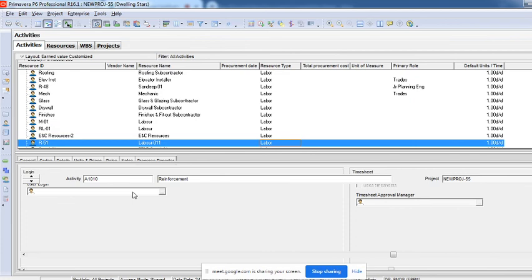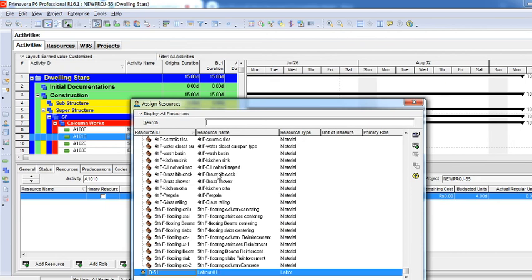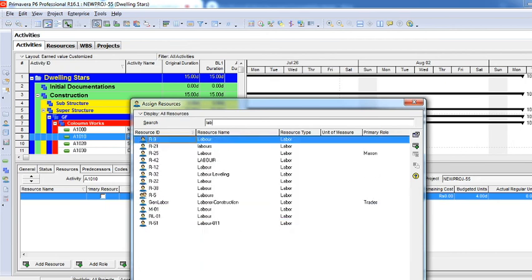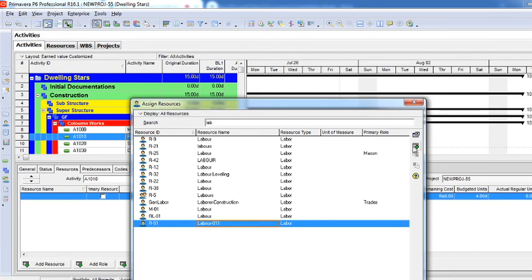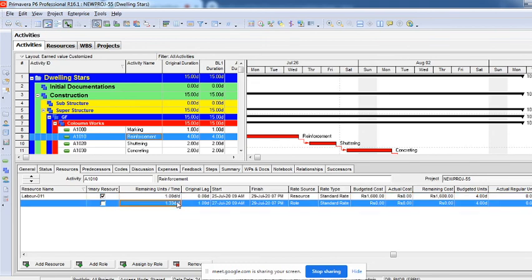Now to assign it to an activity, you just click on an activity, then say add resource. You can come under this, and it's very difficult to search here, right? So I'll type labor 011 and then say assign. So the search box is very important there, and you can see the labor has been added. Now I want 2 labors or 5 labors per day, right? So I have said 5 labors per day, and then totally 15 units it is taking, because that activity is for 3 days or 4 days, whatever.